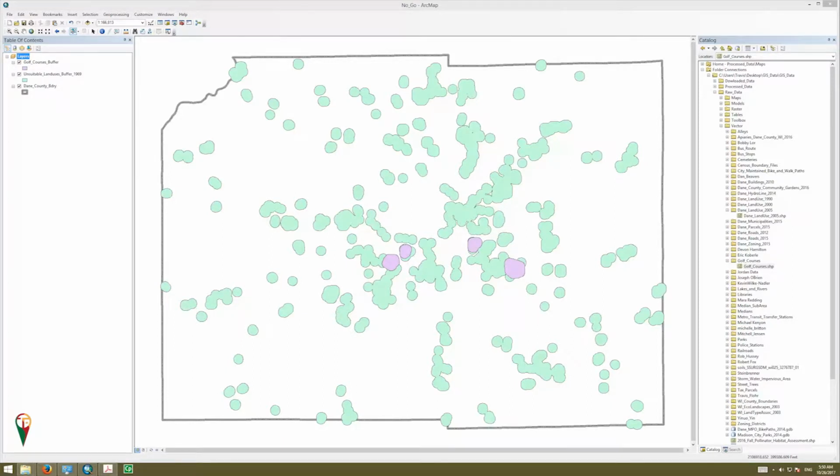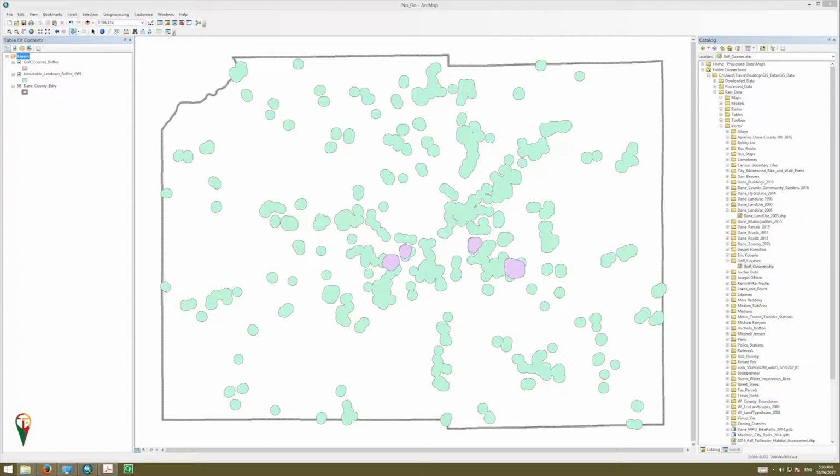In this final video, we are going to learn how to combine our data sets. So we have the golf courses buffer and the unsuitable land uses buffer. Both of them were buffered at 1969 feet, but now we want to combine them into one no-go, no-fly, no-design zone for pollinator habitat in order to best protect the species that we're trying to save and conserve